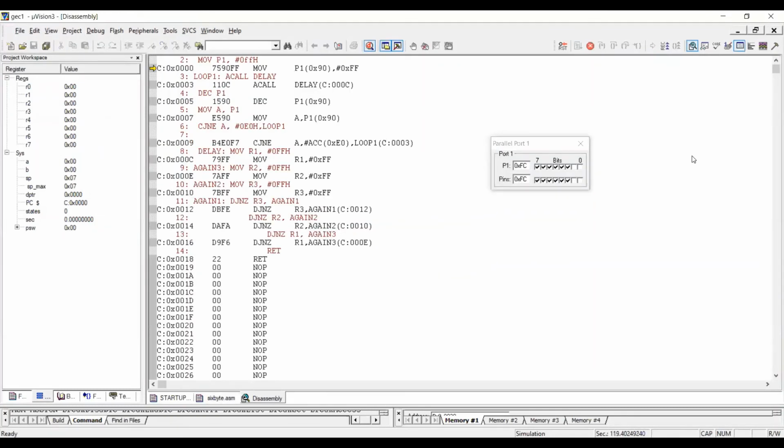Now it will count till it reaches E0, right? It will keep on decrementing from FF to FE, right? FD. It will keep on decrementing till it reaches E0 there.